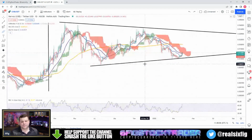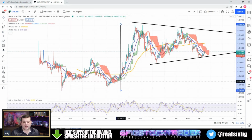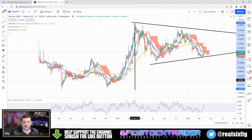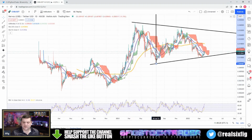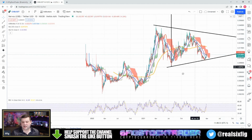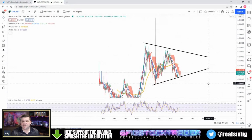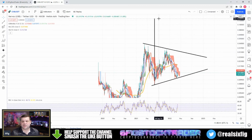So with that said, why do I think that this could end up around 12, 13-ish cents? Well, we can take a quick look at the last run-up we had. And if we just drop this little trend line from the top down to the bottom, and then we will go ahead and place this flagpole right here. If we consider the fact that Elliott wave theory could possibly be present, then price action would have to reach